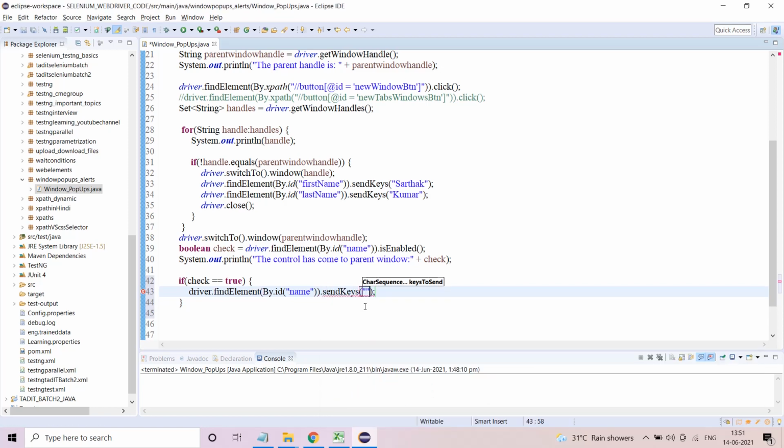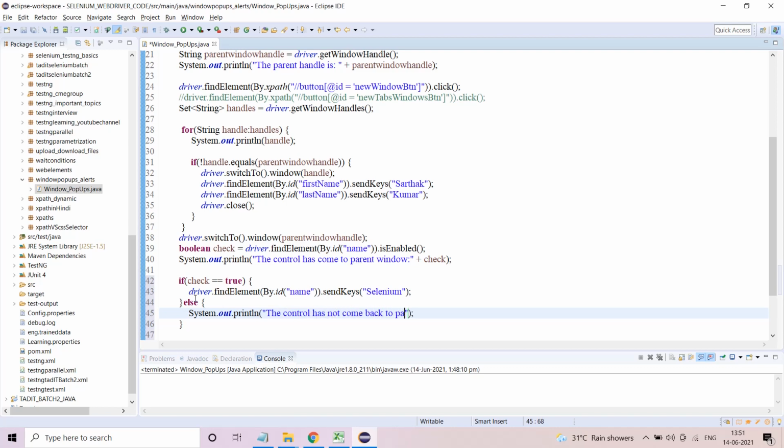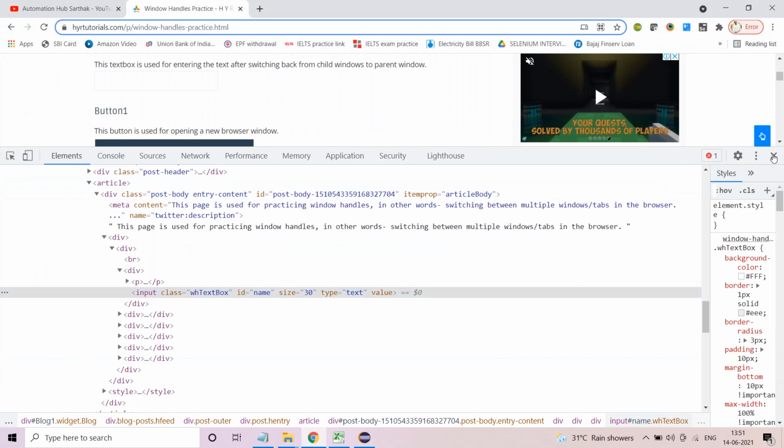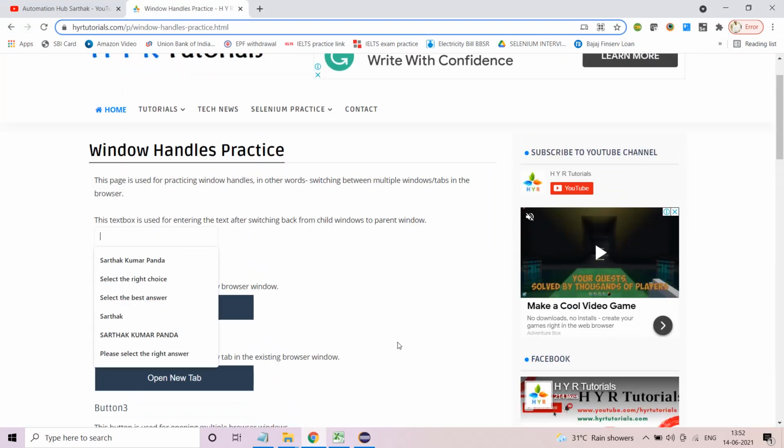I'll enter Selenium over there. Else, the control has not come back to parent window. As simple as that. So if our code is absolutely fine, this particular part will be true. So if this is true, then it will enter Selenium in this particular text box. That should be the output.